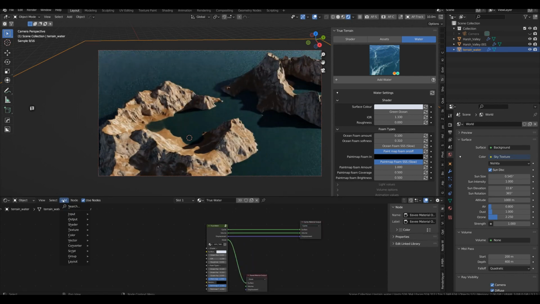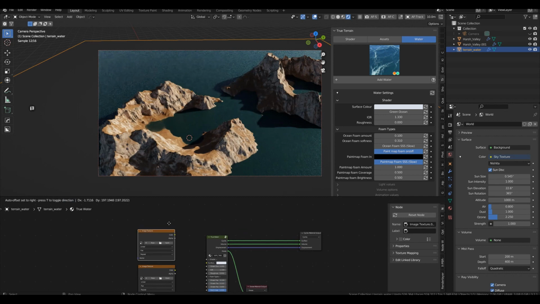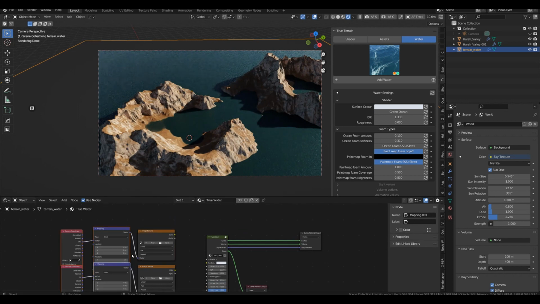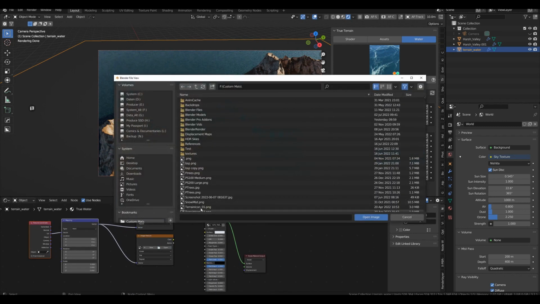The first thing is we're going to take an image texture, and we're going to duplicate that because we're going to take 2 of them. And then Control T, well, I don't need both, I just need one. And we've got our texture coordinates and mapping coordinates in here. So both for the same, and in this one we're going to